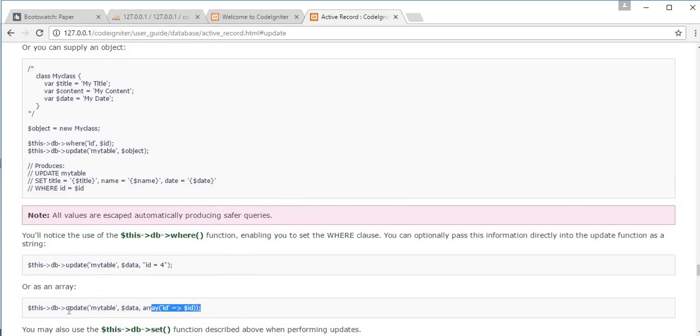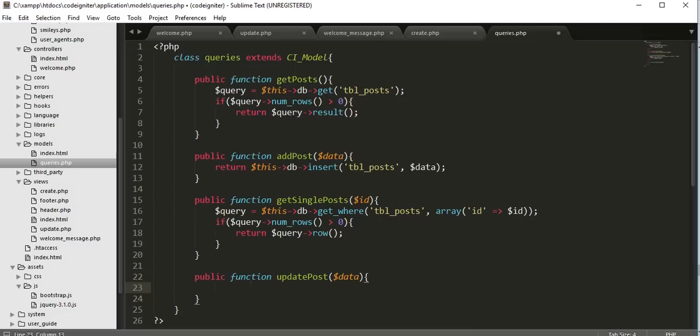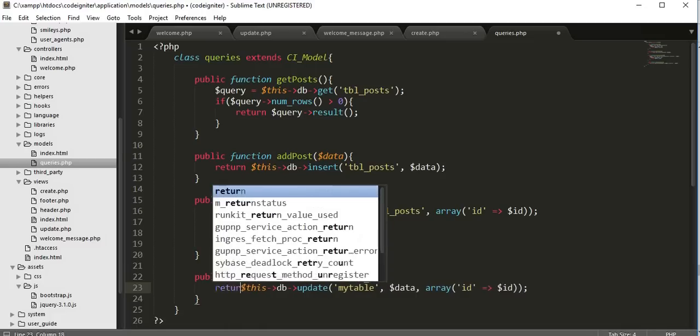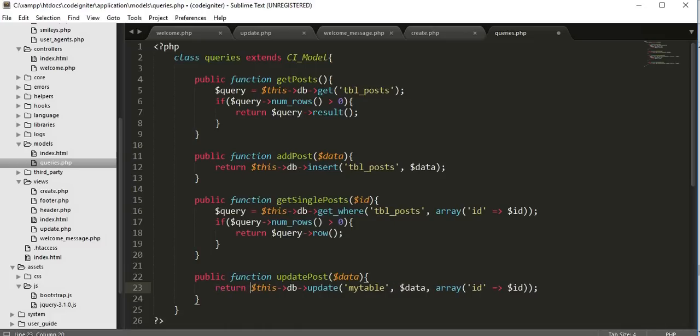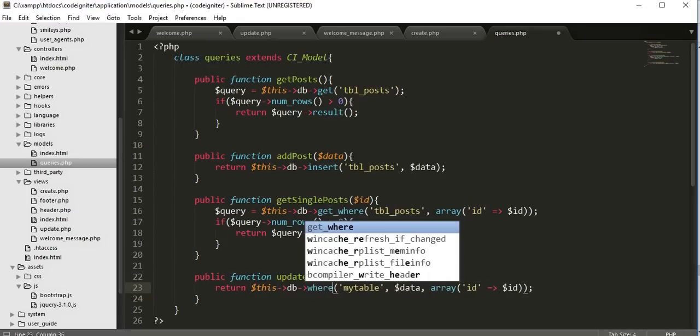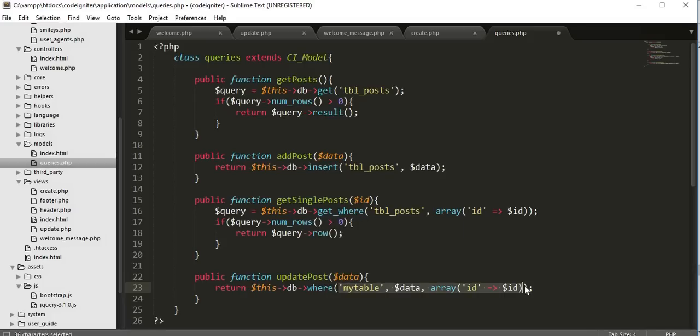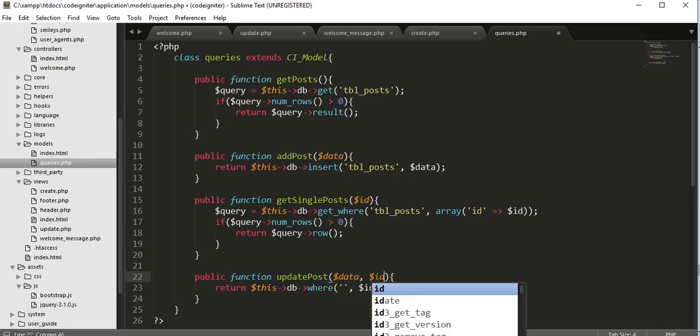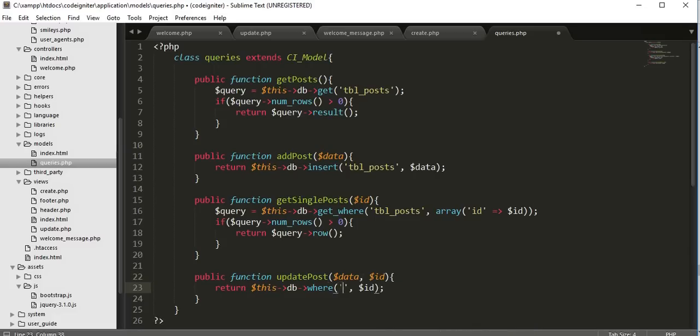Okay, update, copy and paste it here, and it has return this db where